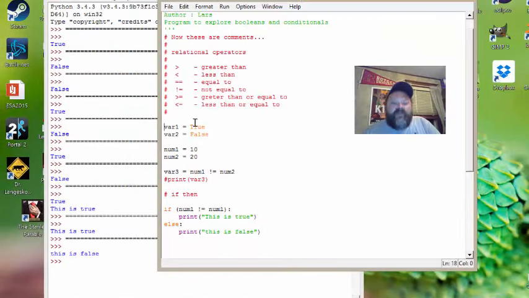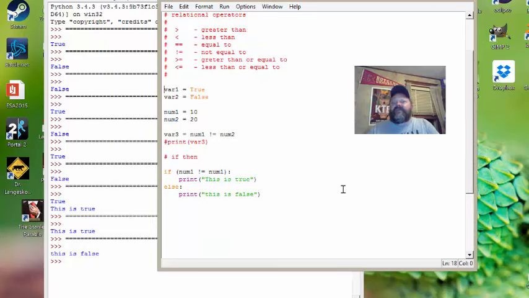It seems kind of simple. We have Boolean operations, and then we have these conditional operators where we can look at variables or numbers and compare them to each other and create Boolean variables. And then down here, we've tested that. And depending on what we got, true or false, we've made a decision on what to do. And that doesn't, in the context where we just did it, it doesn't seem like that big a deal, but it is a very big deal. You just made a decision. You just created a relation, got a value, and evaluated that value,